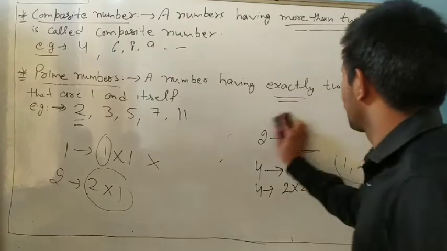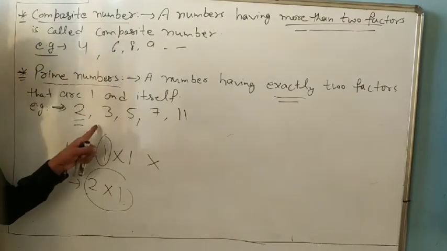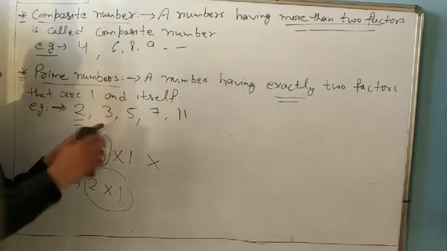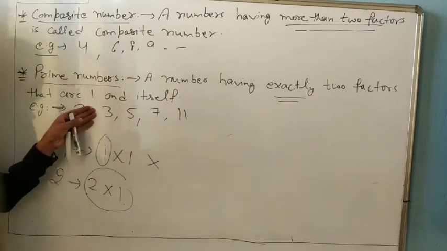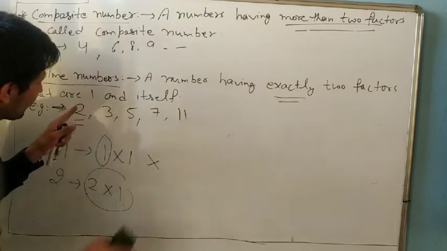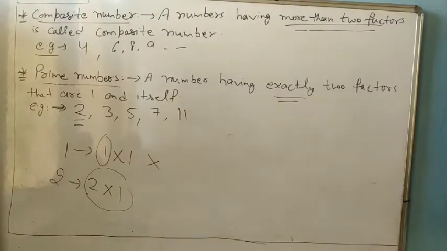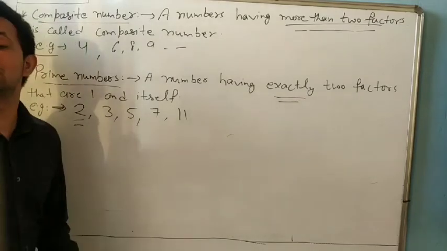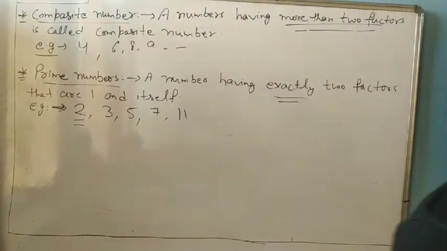And one more thing you have to remember, among prime numbers only one is even, which is 2. All the prime numbers are odd except 2. Odd means a number which is not divisible by 2. So all are odd, but only one prime number is even, 2. So this question may be asked: write an example of a prime number which is even also. So what is it? It is 2. Understand? So these are very important.